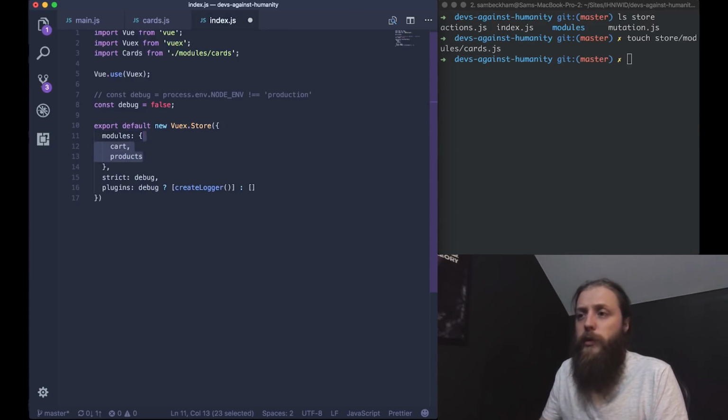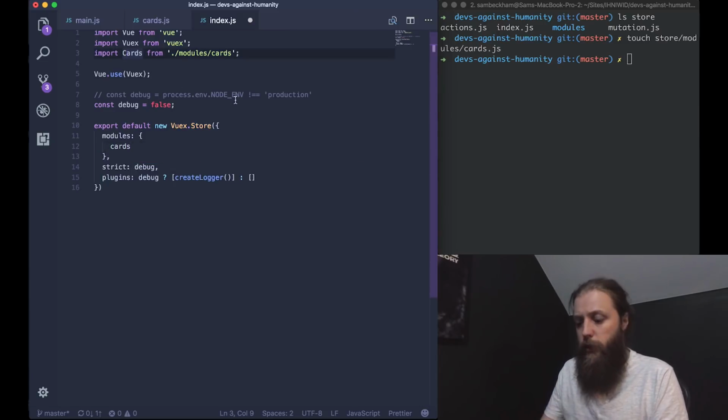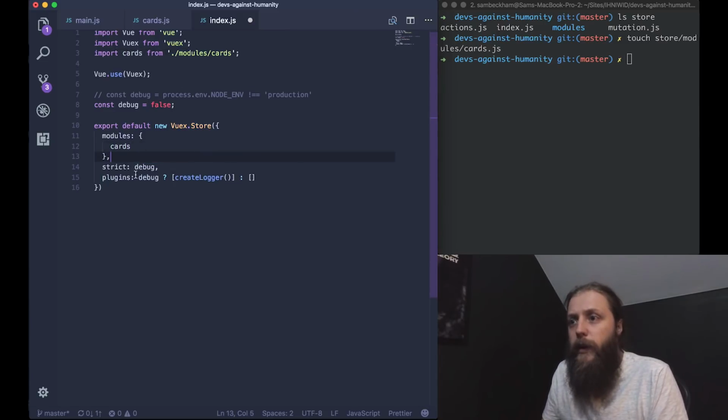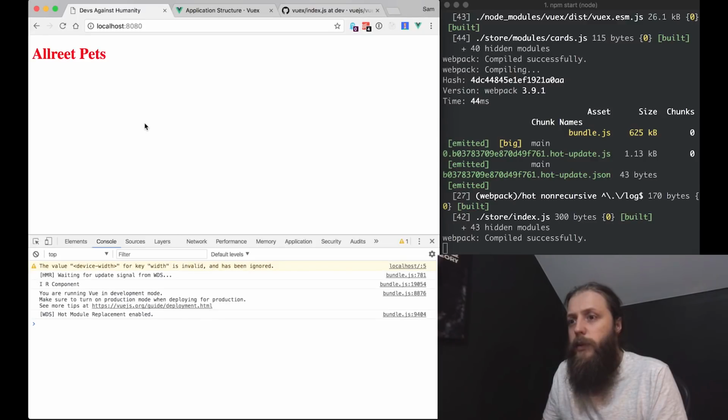The module we do have is cards, which should be lowercase, and these can stay the same because they're falsy anyway, so we won't hit them. Right, now we're not getting any errors there, we're not getting any errors here,